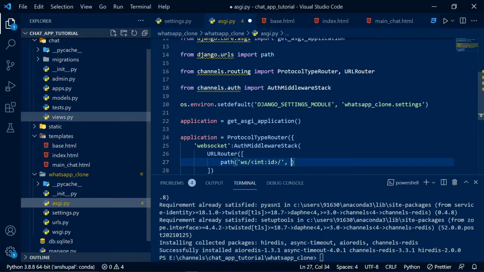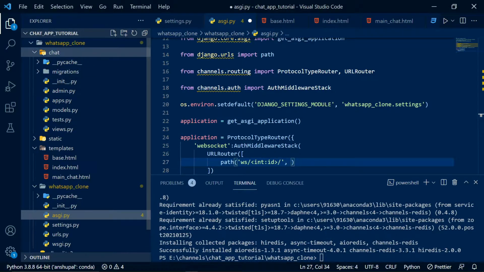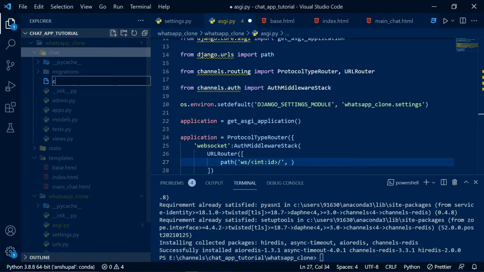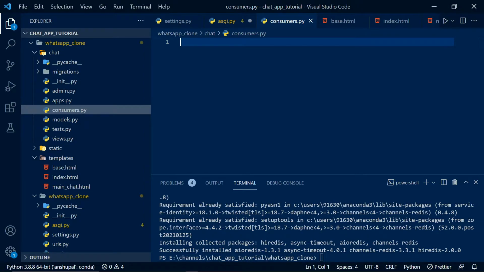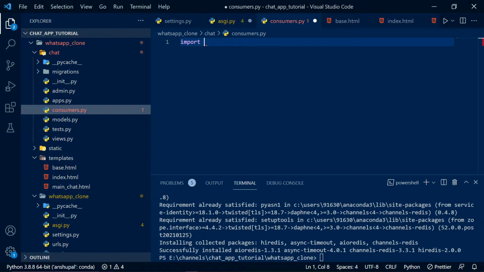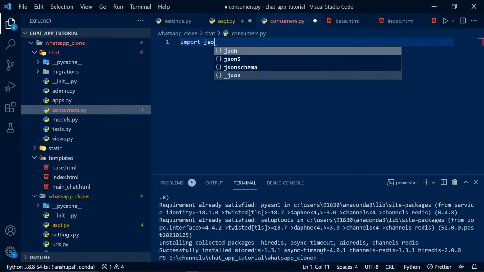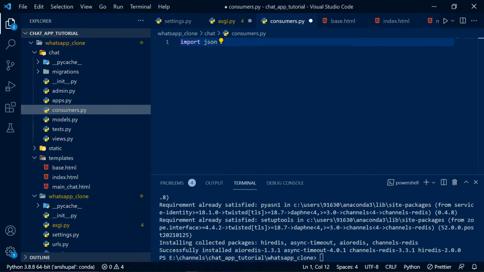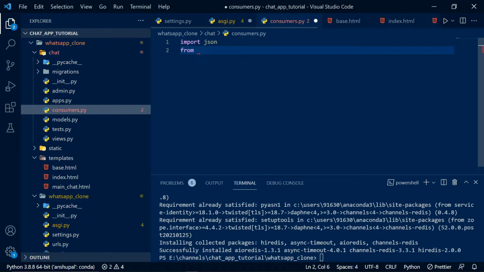Or we can do one thing. Let's create a file consumers.py, and inside consumers.py we can import JSON, because we will need JSON, from channels.generic.websocket import. We will be using async WebSocket consumer,